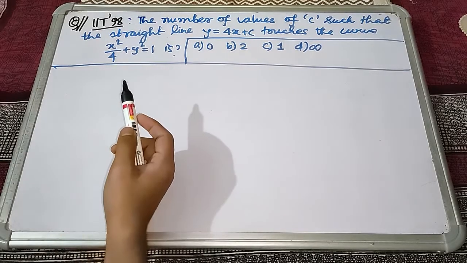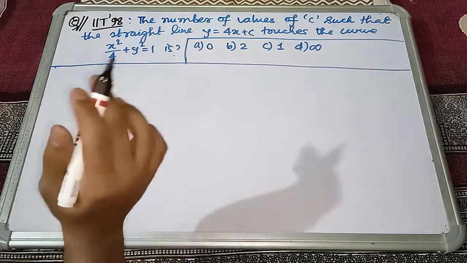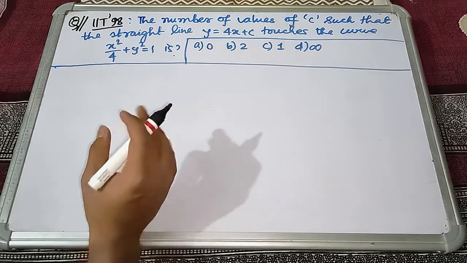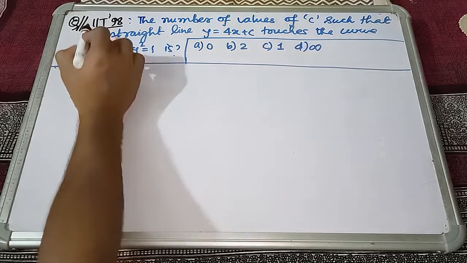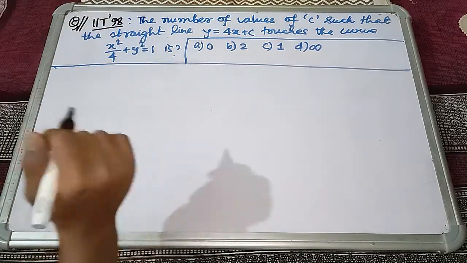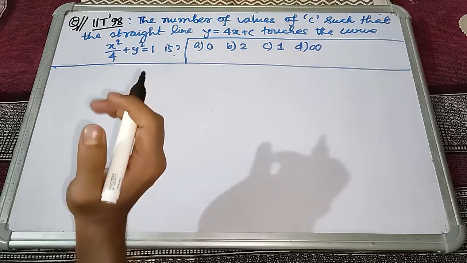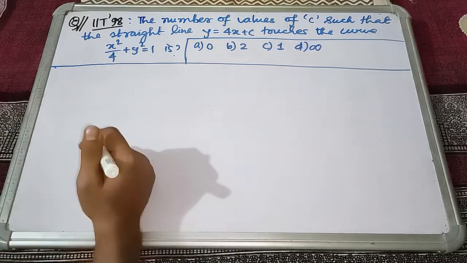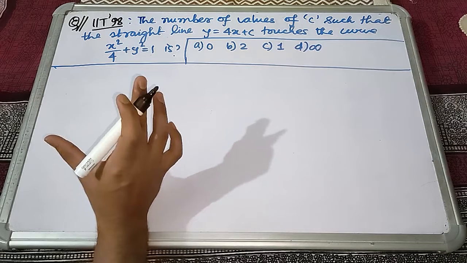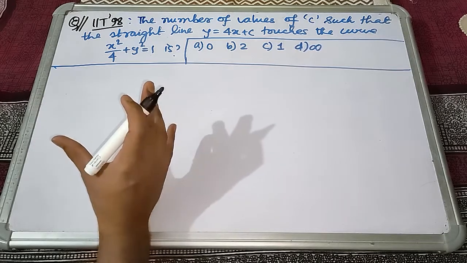Based on the first format, that is the natural tangent over an ellipse, we have a very simple question which was asked in the IIT JEE 1998 paper. So you can see that simple questions are also being asked and were also asked in the IIT JEE exam, but they just approach the thing a little bit differently.